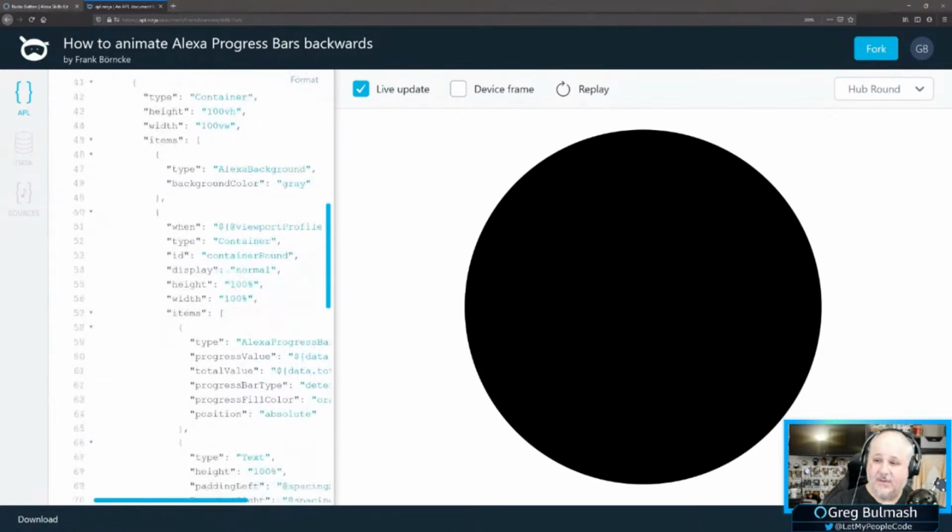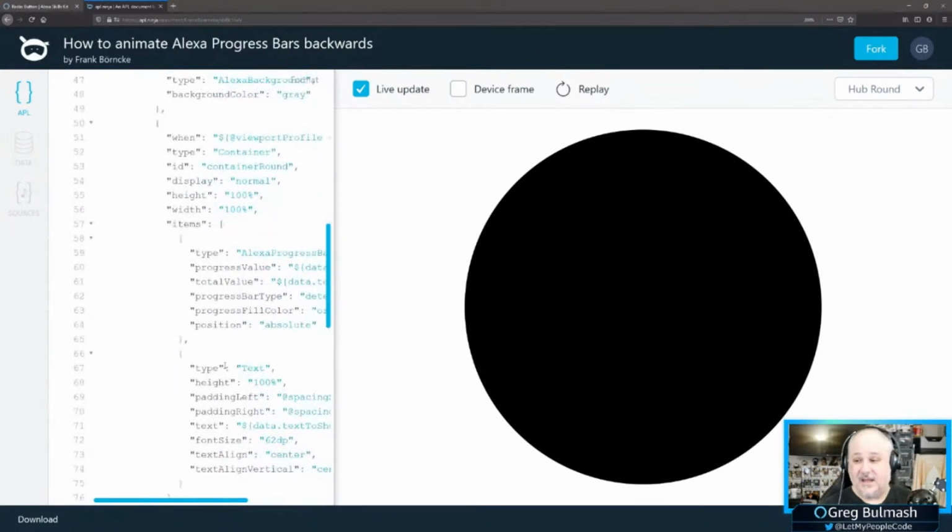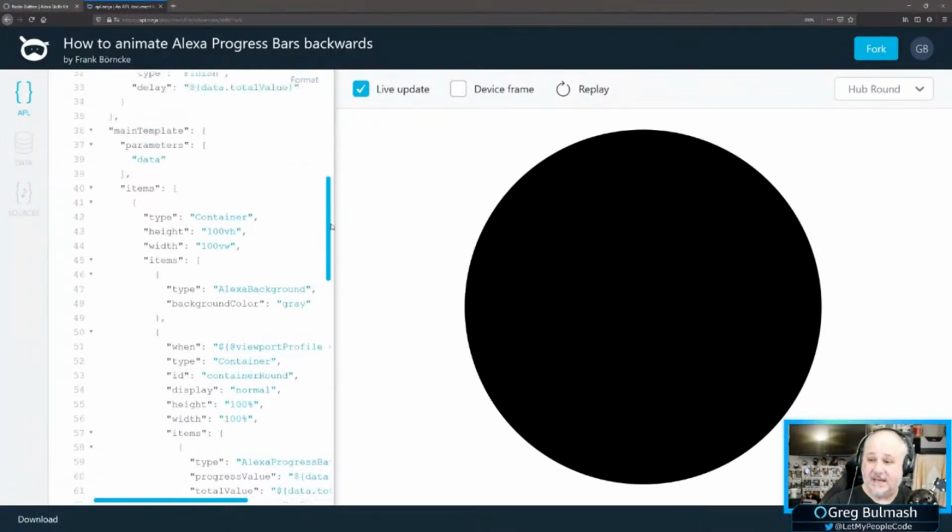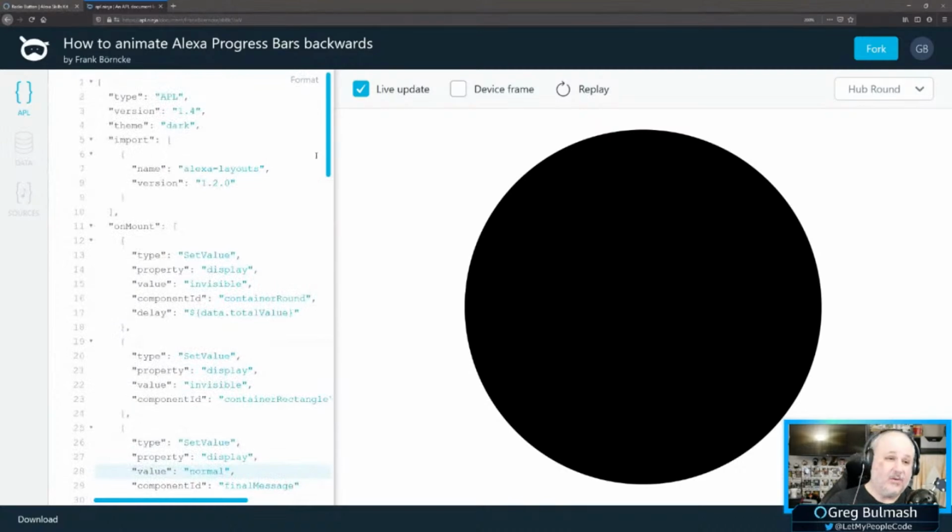This is where you're going with this. It's not hard to reproduce. You can look at it and see a number of things, like how to do a reverse countdown. You could actually be counting down with numbers rather than a progress bar. A whole different kind of thing.